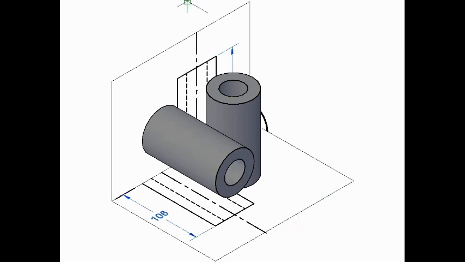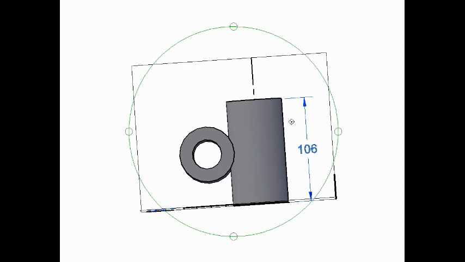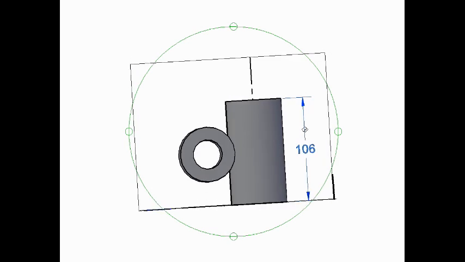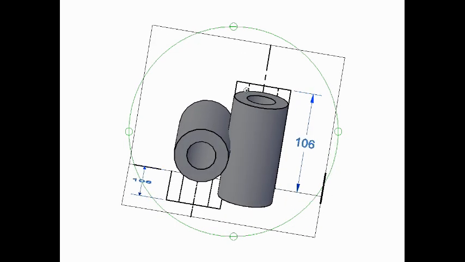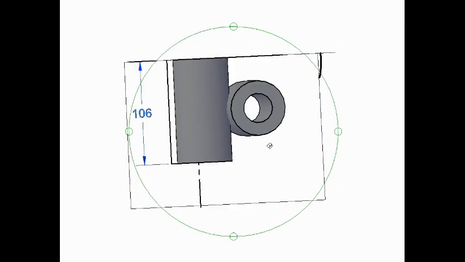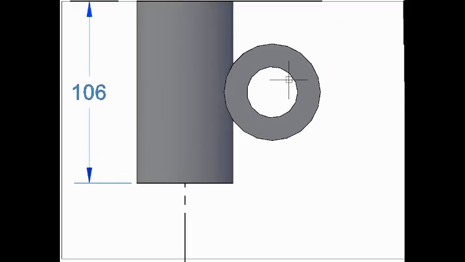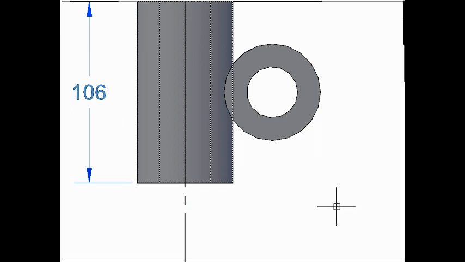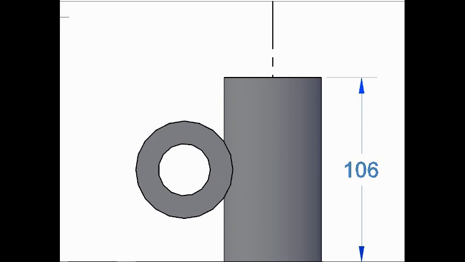Now let us try to see this object by rotating it. Okay, if you rotate it, it perfectly matches. The front view matches with the given views and the top view also matches. So let us try to see this thing. This is the top view. If you see it from perfect top, it looks like this, but this time this is a 3D, not a 2D view. Then this is the front view.